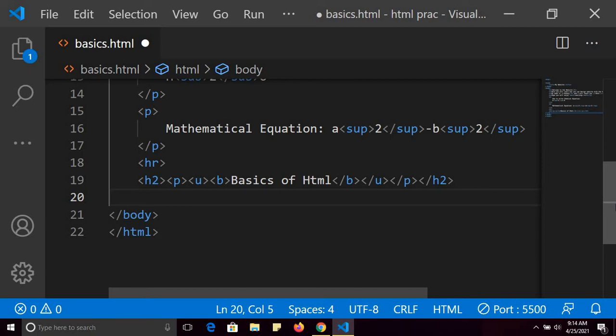Now let me explain how you can write in bullet sections. For example, see here I am going to write another horizontal line, and here I am going to write my favorite games are.